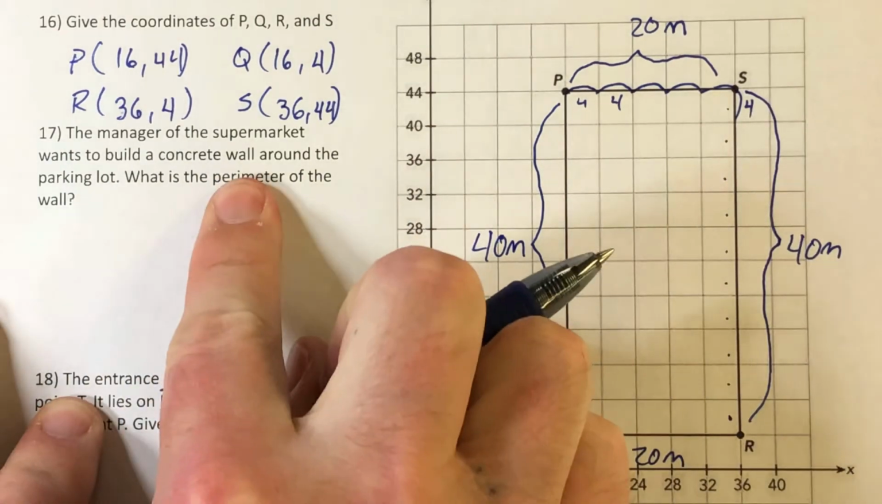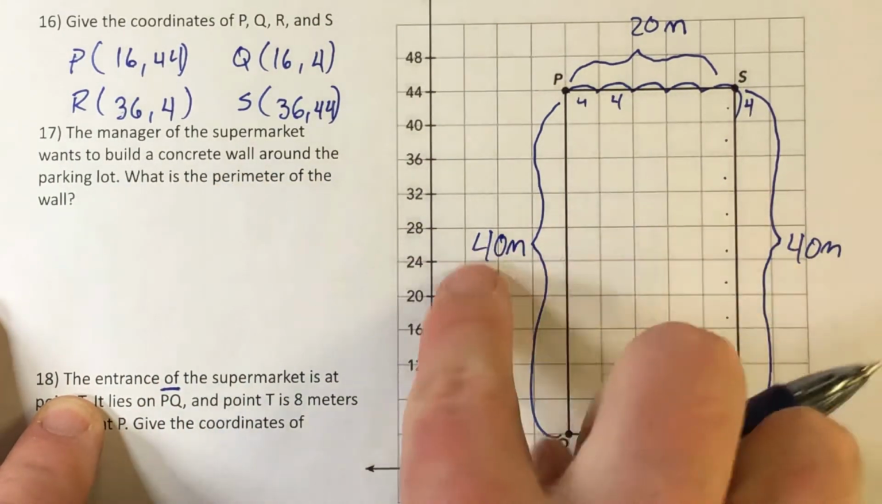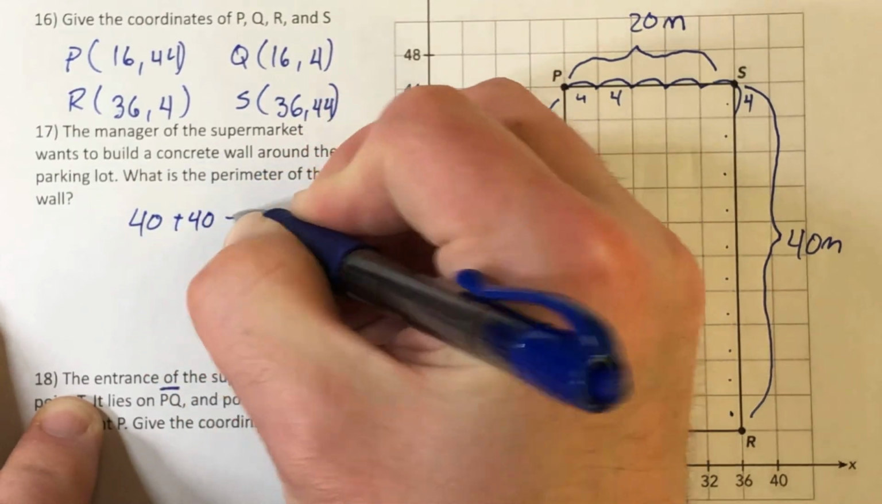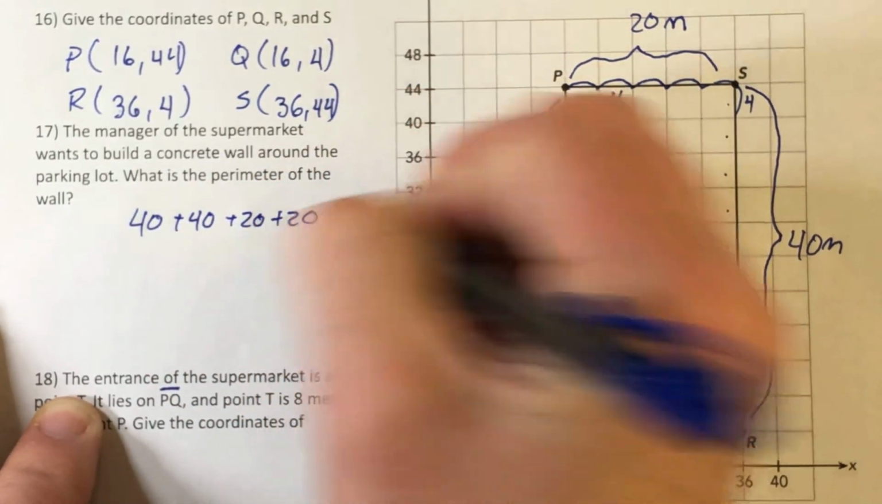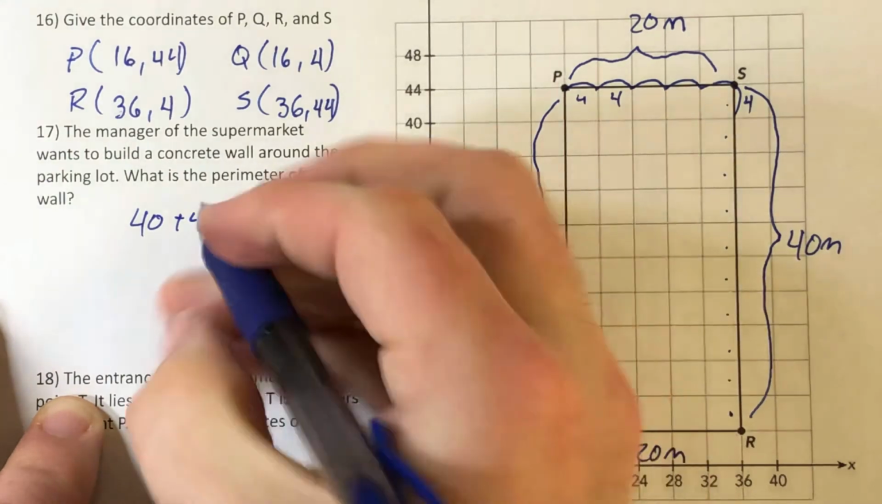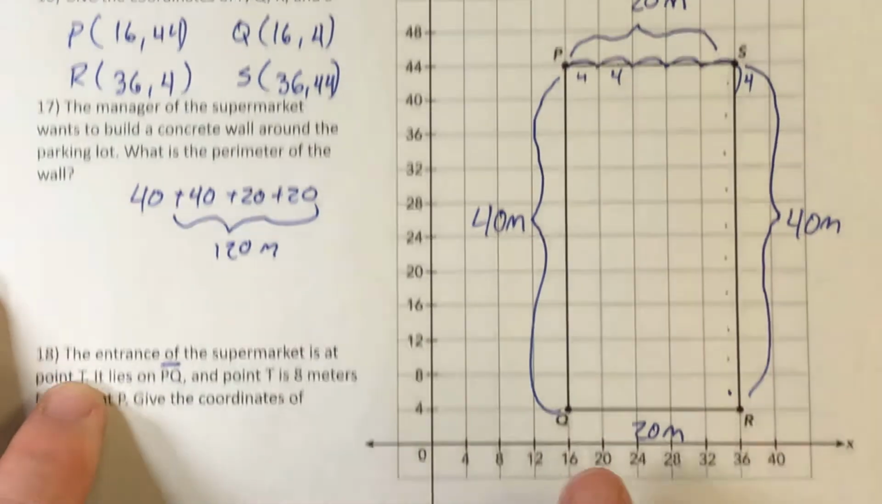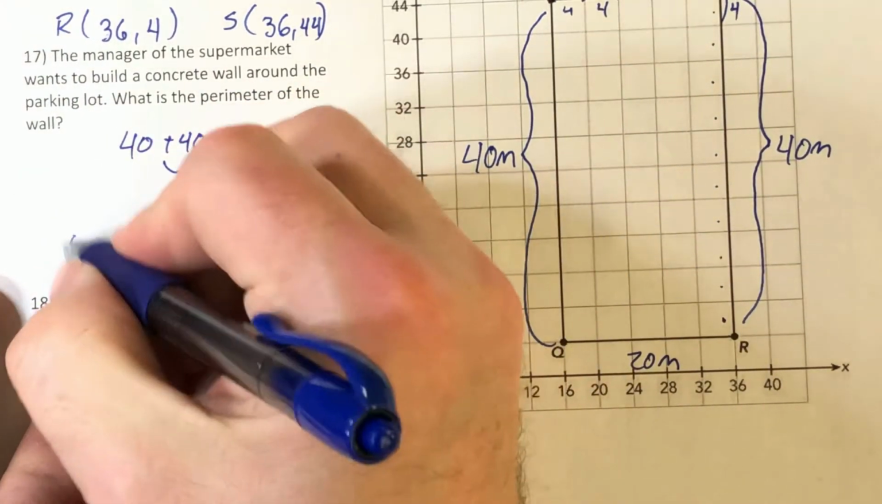And we were finding perimeter. That means add all sides. So 40, 40, 20, and 20. So let's show our work. 40 plus 40 plus 20 plus 20. 40, 80, 100, 120. We're doing meters. Let's write our sentence. The perimeter